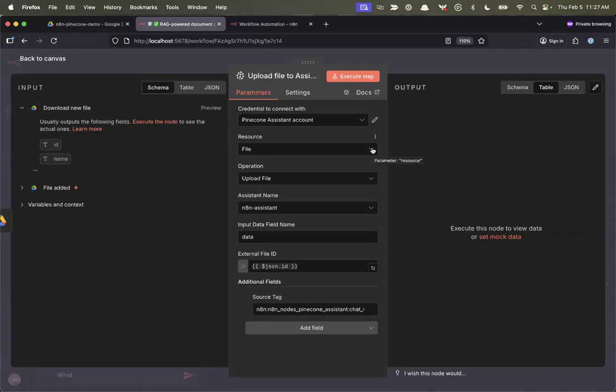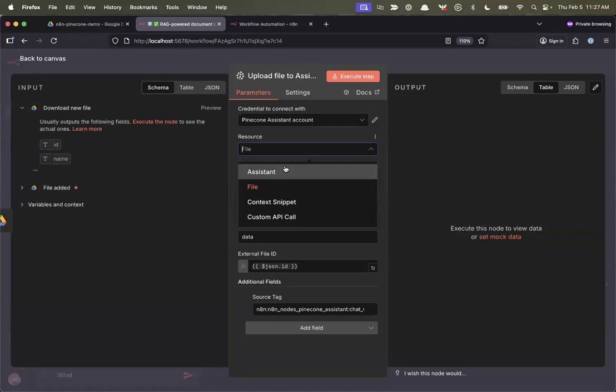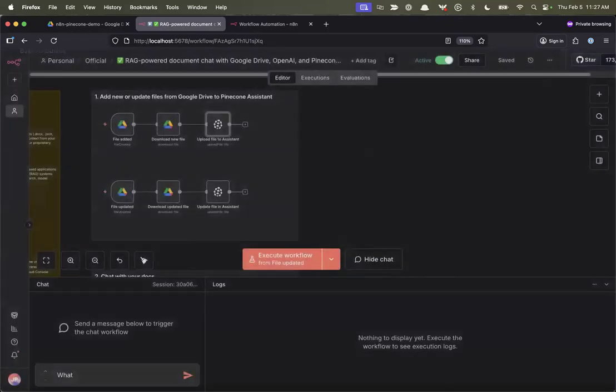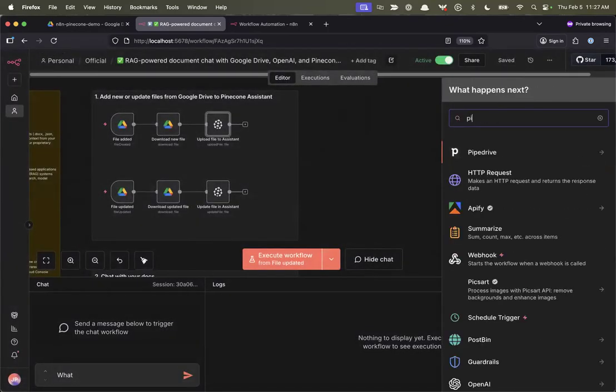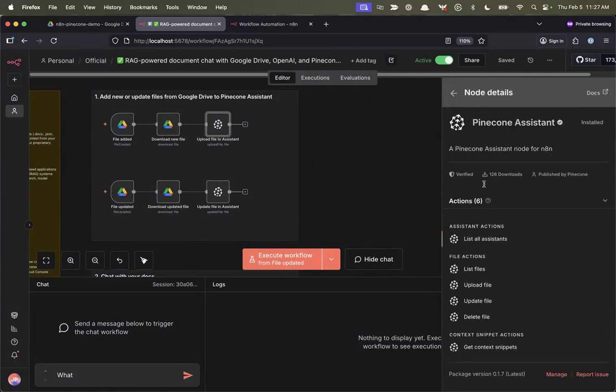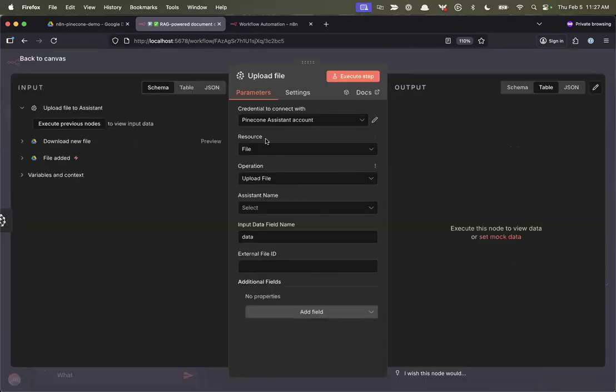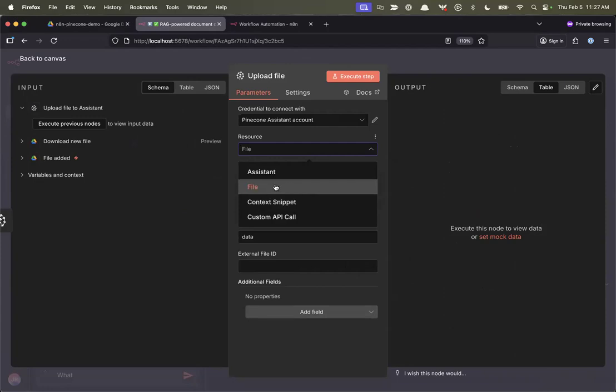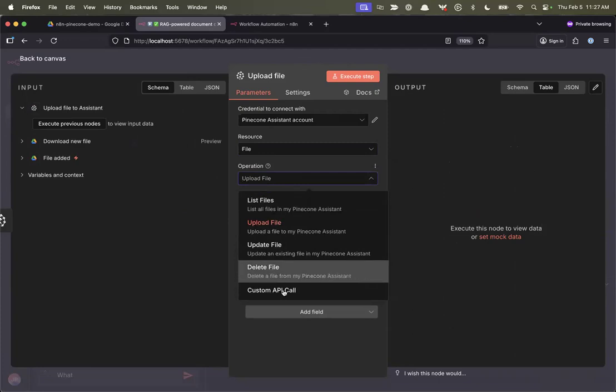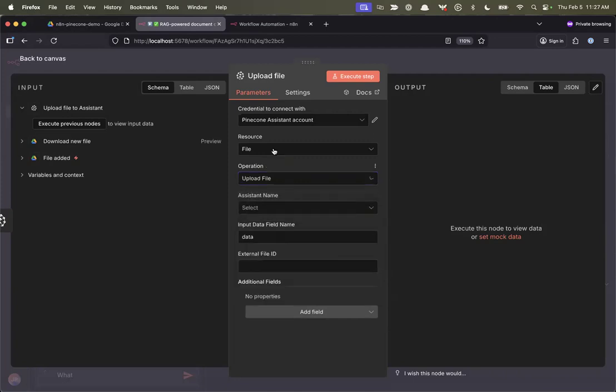Again, there are different operations and different resources you can act on here. So we support operating against, like, you can list your assistants. I'm actually going to do this outside of just so we can see without messing things up. You can operate on assistants. Like we just did here, we uploaded files. I'll show you files here. Upload file. There's a few different operations here. You can list all the files that your assistant has, update files, delete a file, different things that you can do.